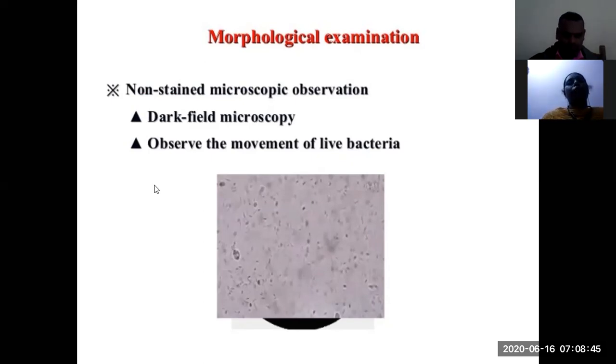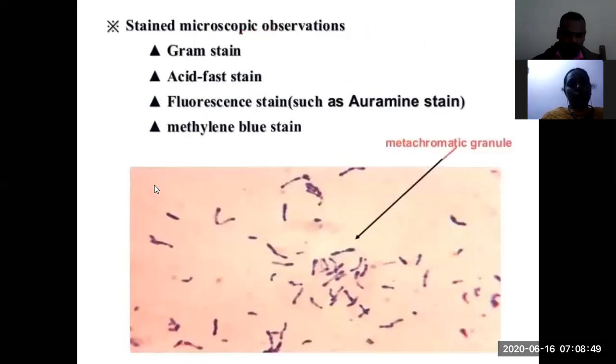stained microscopic observation. There are many staining methods used to identify bacteria, like gram staining, acid fast staining, fluorescence staining, and methylene blue staining. Using these staining methods, they will identify which bacterial infection it is. Okay. Next,